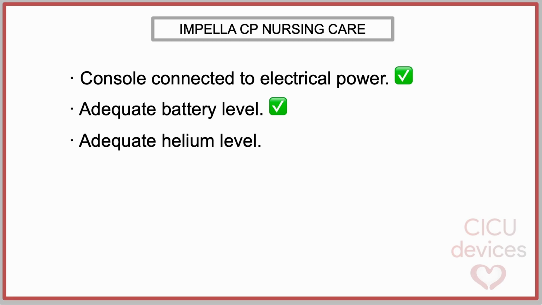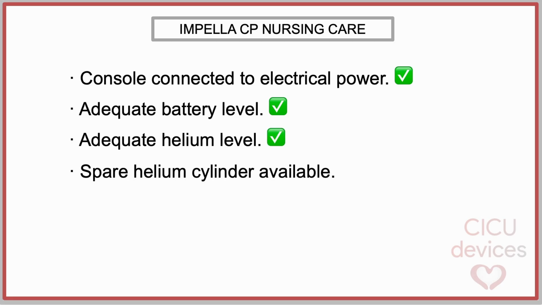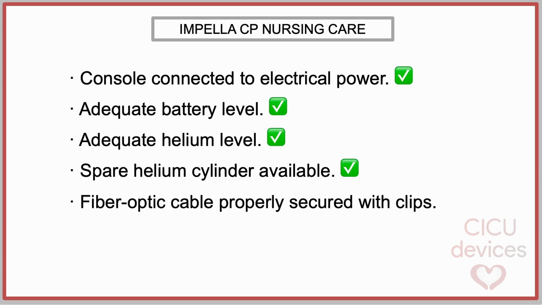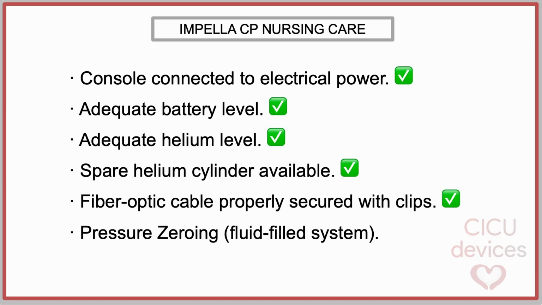for continued counterpulsation. Confirm that a backup helium cylinder is readily available in the unit and prepared for immediate replacement should the primary helium supply become depleted. If a fiberoptic cable is available, ensure that it is properly aligned and secured to the helium tubing using the manufacturer-provided clips. In contrast, if a fluid-filled pressure monitoring system is being used, it is recommended to perform calibration by